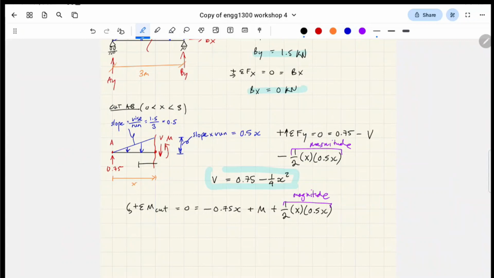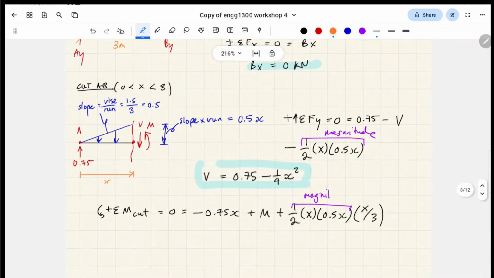And the lever arm is one third from the length to the fat side of the triangle, right? So that is x on 3. Let me just draw that on the diagram so it's a bit clearer. It's this varying distance x divided by 3. That's the lever arm